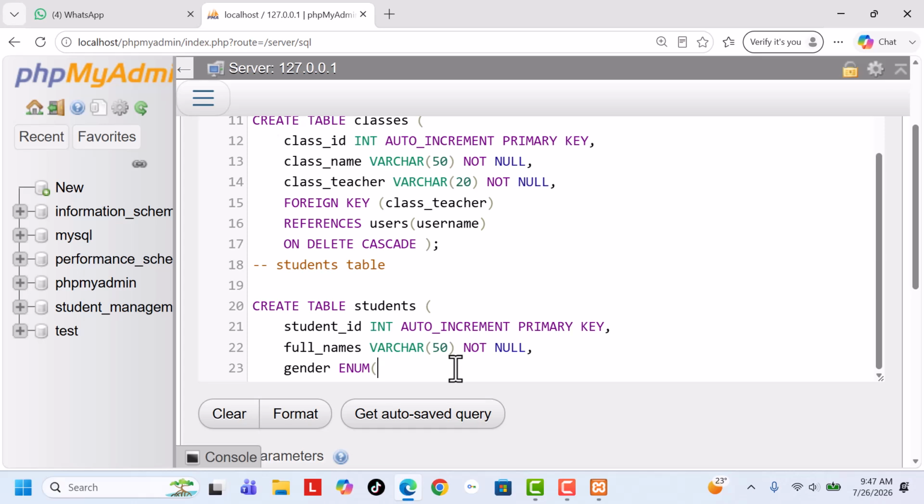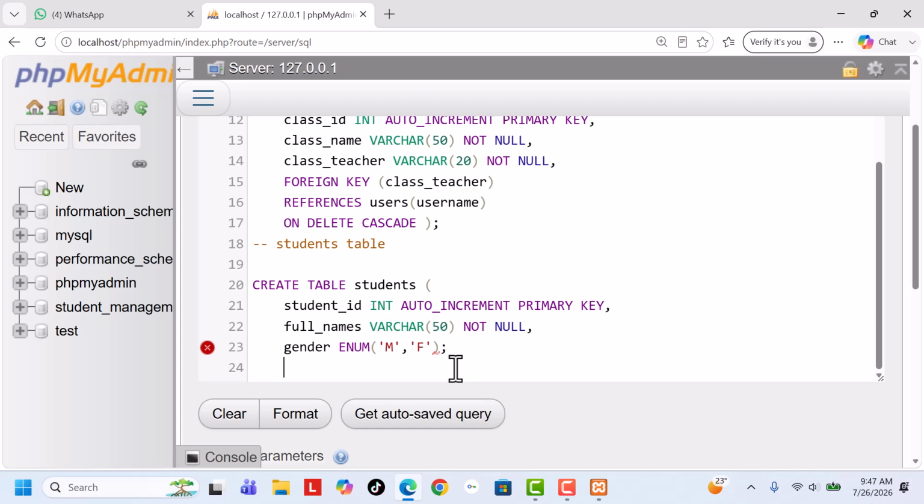So here we will use M and F, then comma, it is also not null,